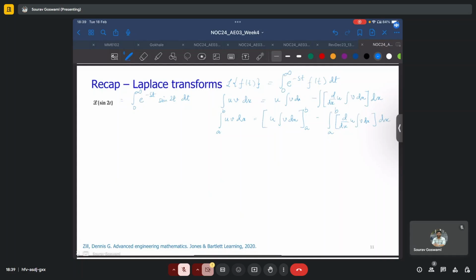And so let us now use these formulae to solve or arrive at the Laplace transform of the given function. So just for convenience's sake, I will pick u equals sin 2t and v equals e power minus st, and see where this leads us. So if I were to denote this integral as just I,